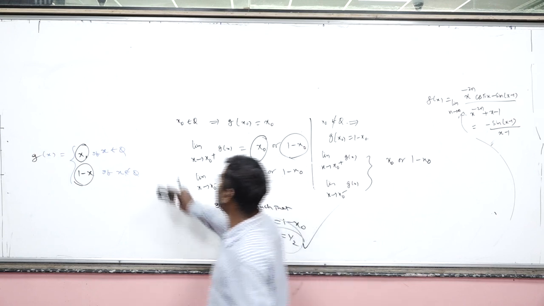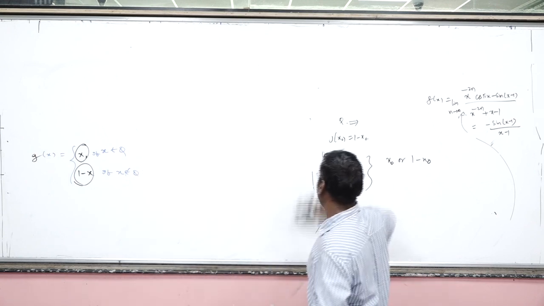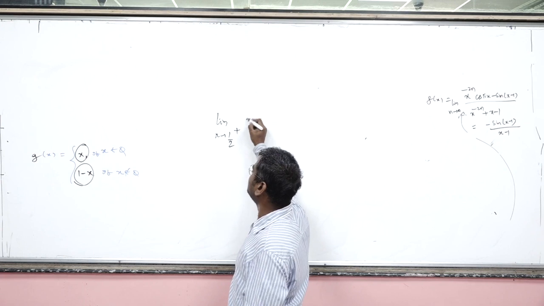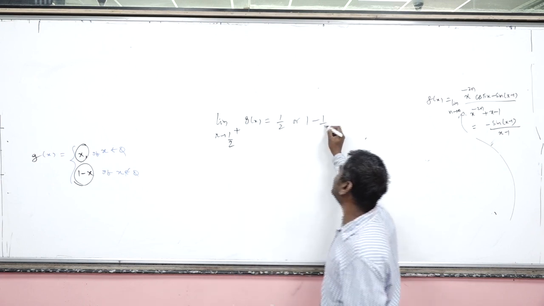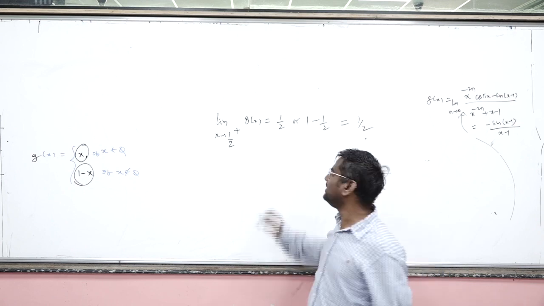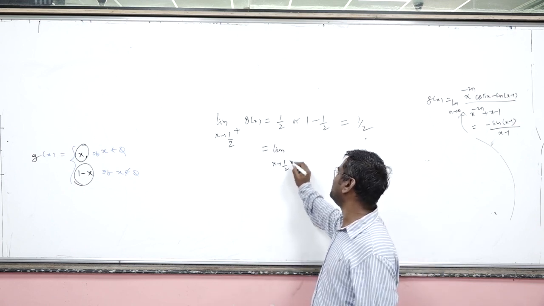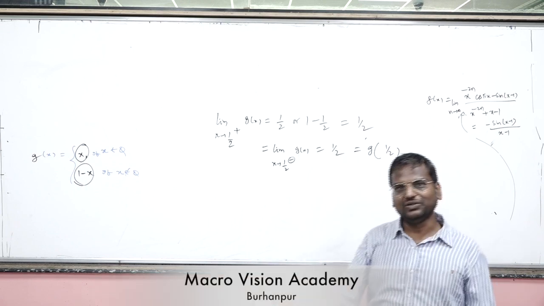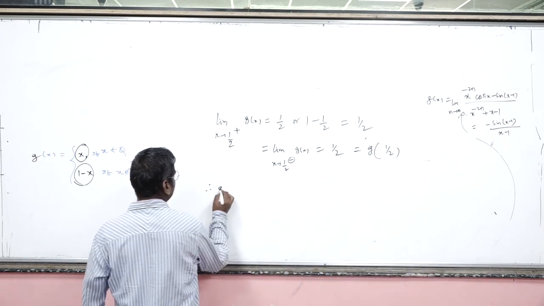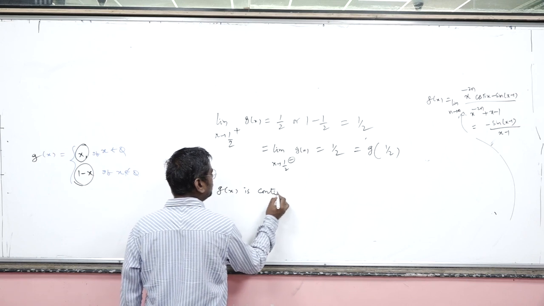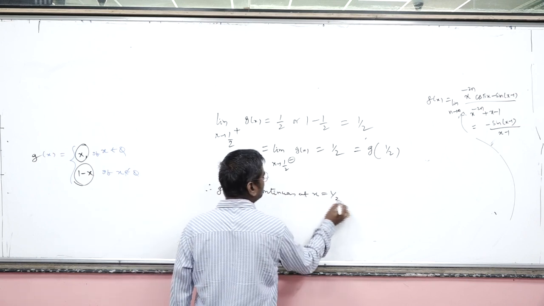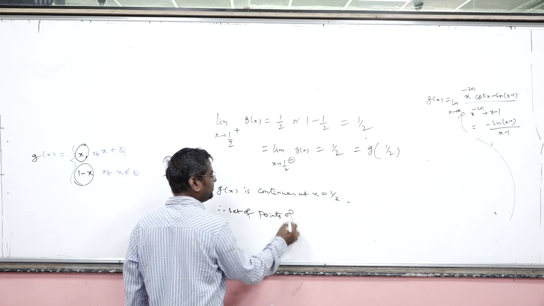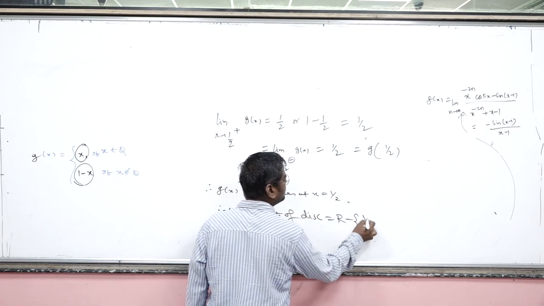But here in this modified Dirichlet, you redo this analysis now at the point 1 by 2. Limit x tends to 1 by 2 plus g of x is equal to 1 by 2 or 1 minus 1 by 2, but ultimately it is 1 by 2 only. Similarly, that is equal to limit x tends to 1 by 2 minus g of x. That is also 1 by 2, which is in fact equal to g of 1 by 2. Therefore, you can say that this function is continuous at only one point, at x equal to 1 by 2. Therefore, the set of points of discontinuity equals R minus 1 by 2.